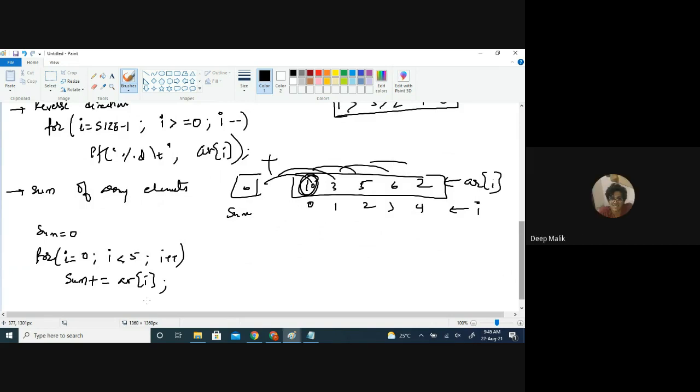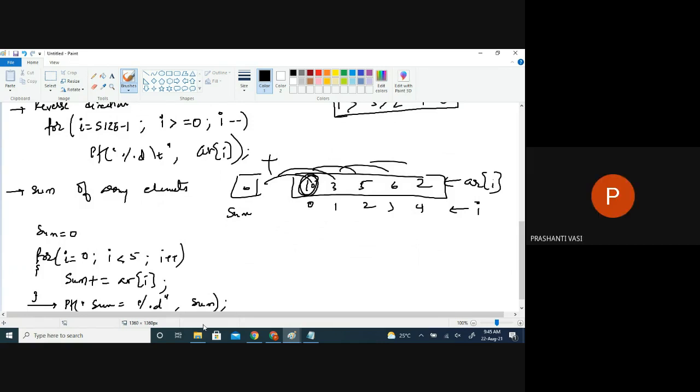Okay. Yes, ma'am. Any confusion? And outside the loop, once you come out of the loop only, it's better to write curly braces, because a lot of students make this mistake. If they have to write a statement outside the loop, put it outside the curly braces. The summation, sum is equal to... okay, clear? Any confusion? No, ma'am.